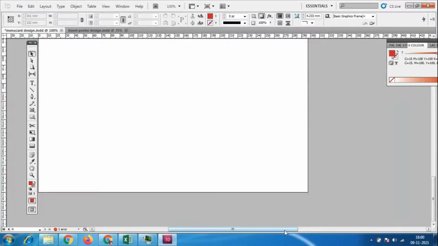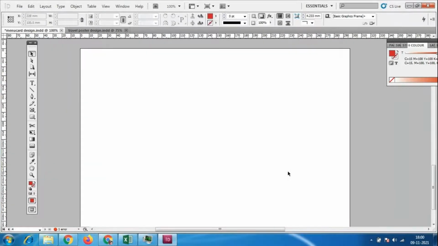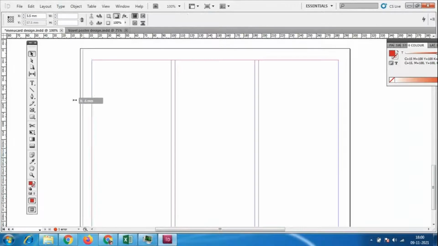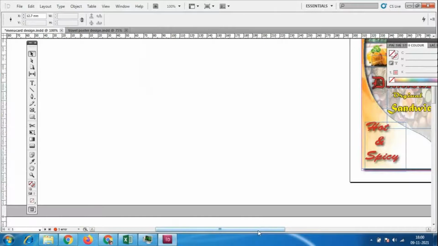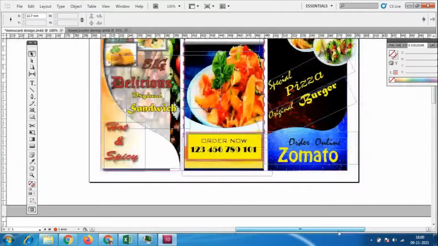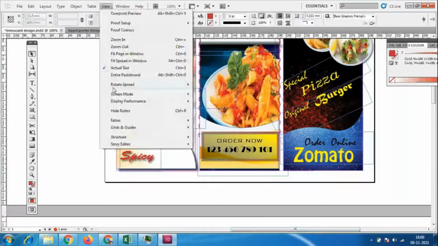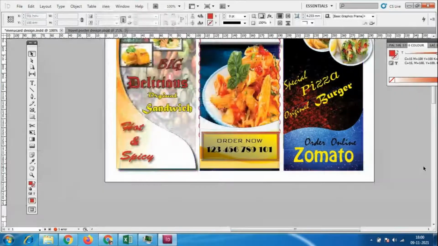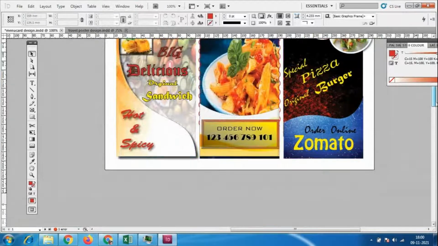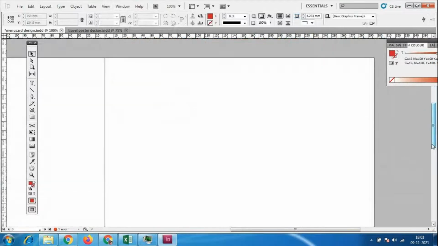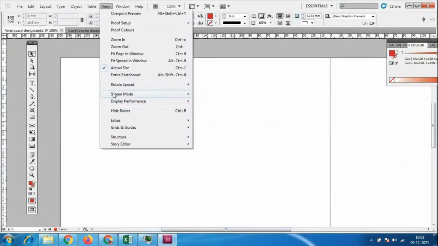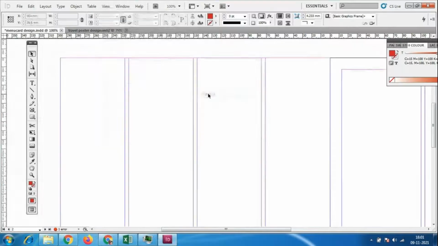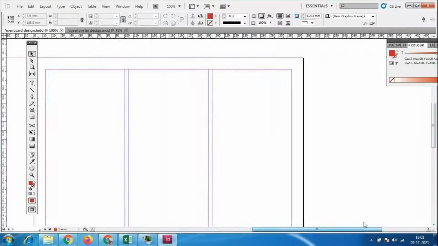Otherwise we can do one thing, we can do the measurement like this. So we can take the ruler measurements. Yeah, margin has come now. Okay, so margin has come. Okay, view, and we can go to screen mode, and the preview option is there. Oh, that's why it is not looking, because it is in normal mode. So in the normal mode we have the margins and ruler option, which is in the preview mode.